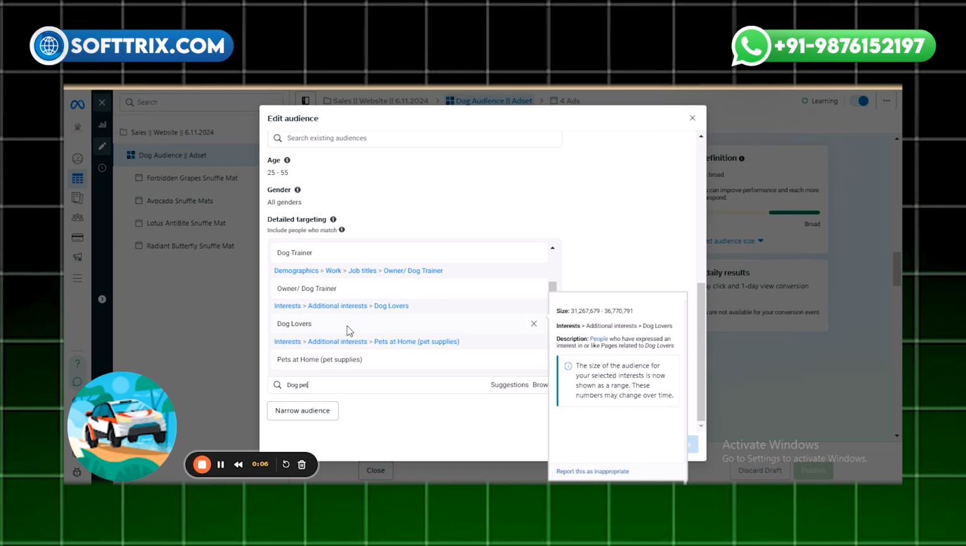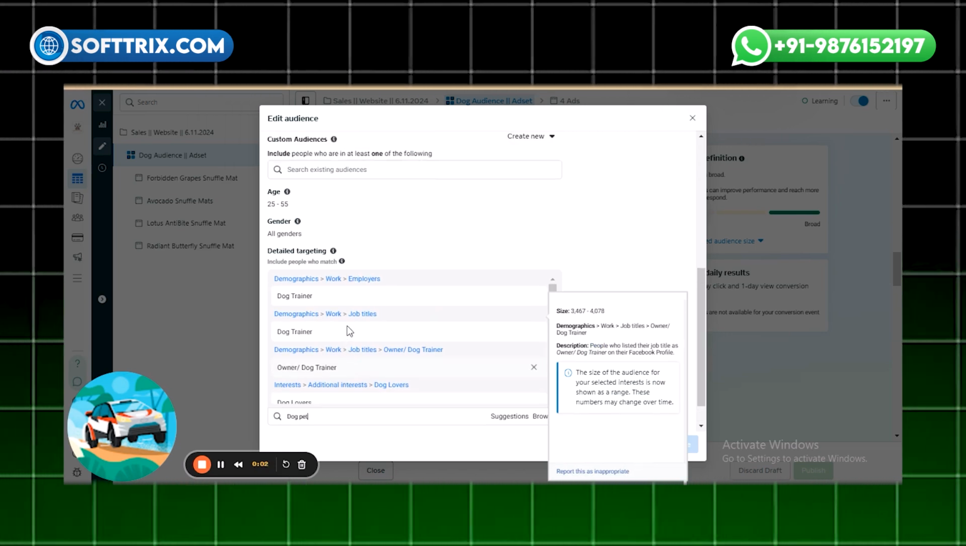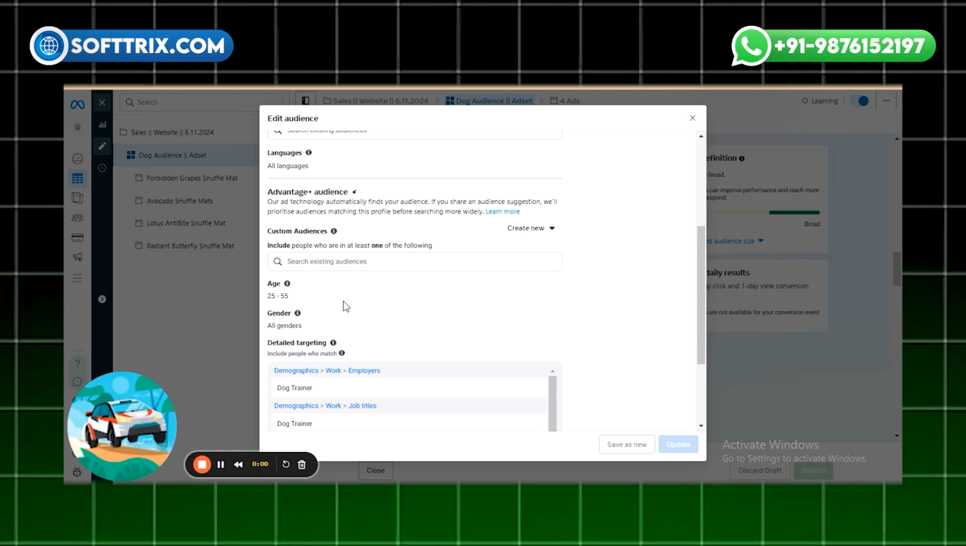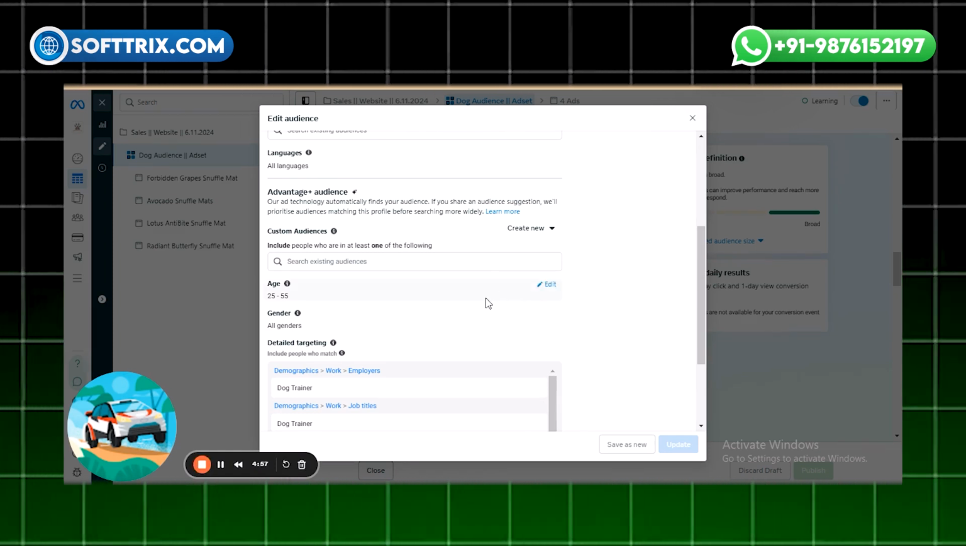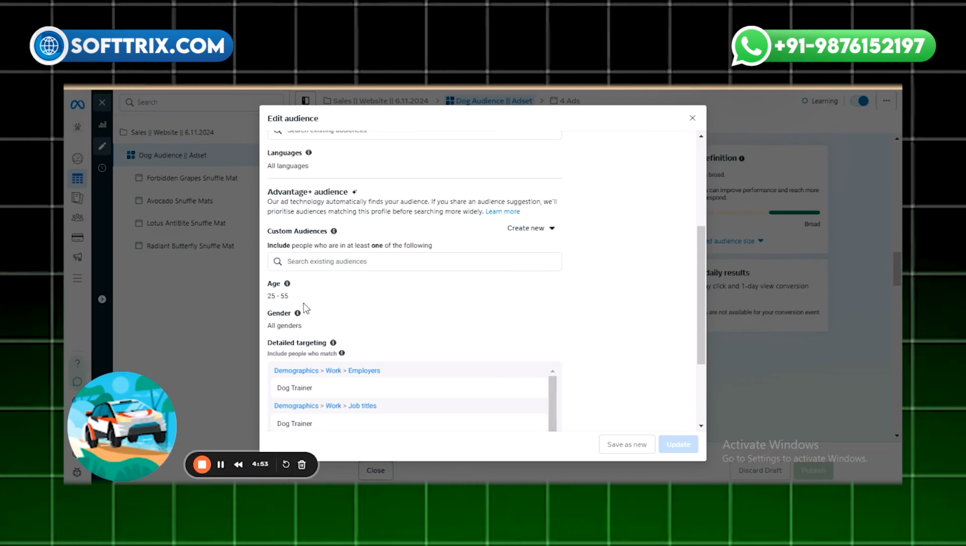So for now I will use this audience, and after that we will go to the age group. Now let's come to the age section. As you can see, in the age section I have targeted the people